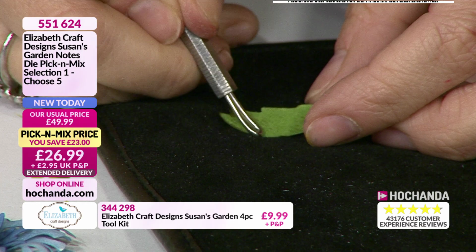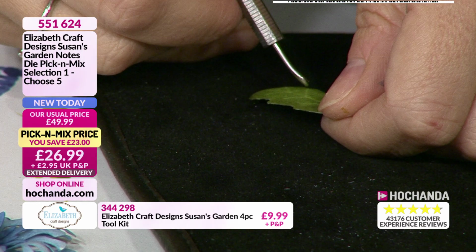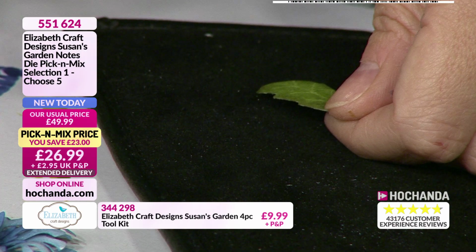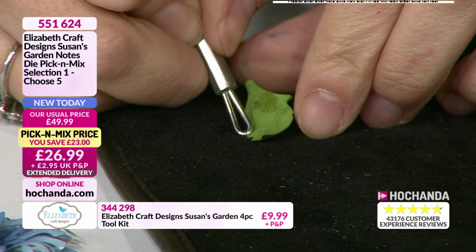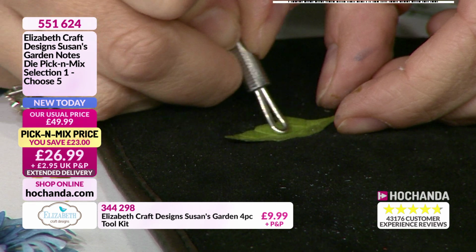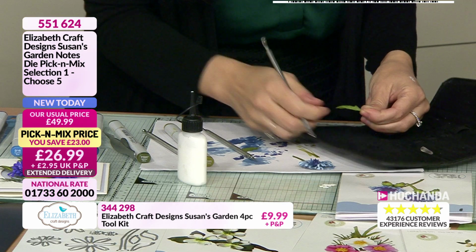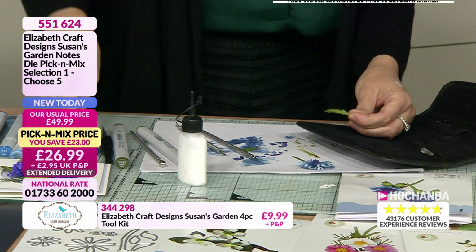Because what happens is that the veins kind of disappear sometimes. Yeah. So if I have gone too heavy-handed and it reached the bottom, by doing this, it will make them a little bit fainter. Which is more realistic. It's the same way with your sugar craft, and when we do the clay flowers, you put the veining on first, then soften the edges of the petals and the leaves. And then the other thing I like to do...